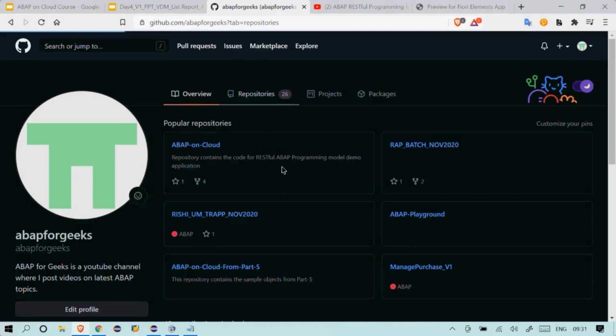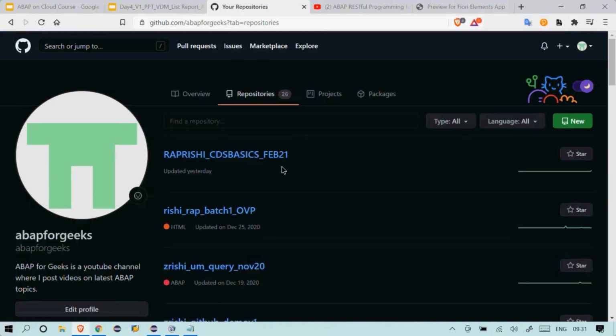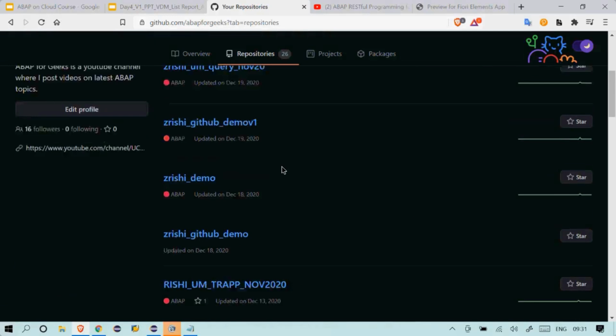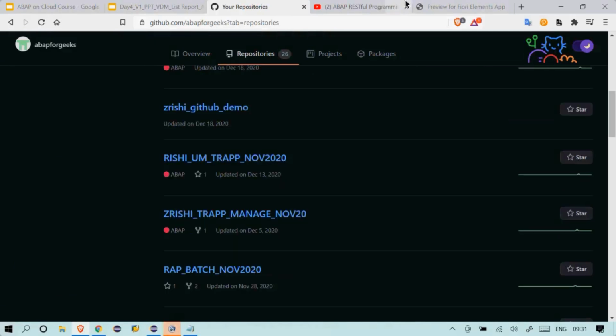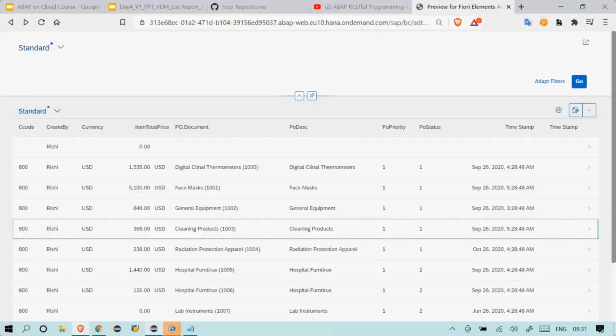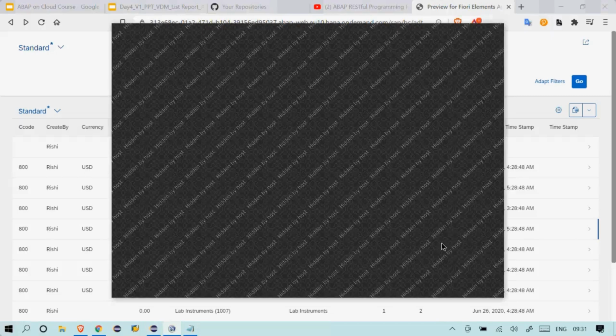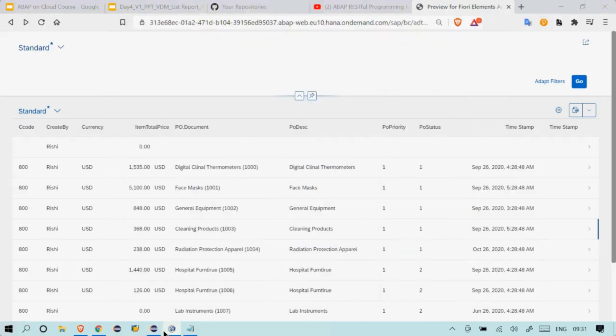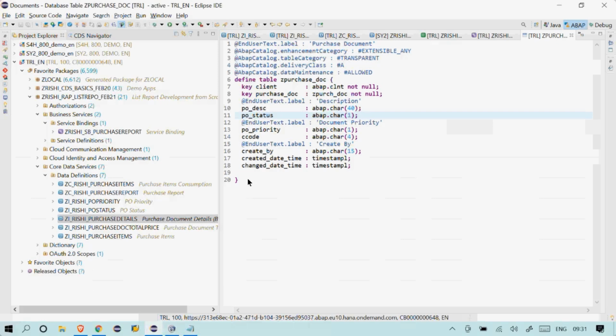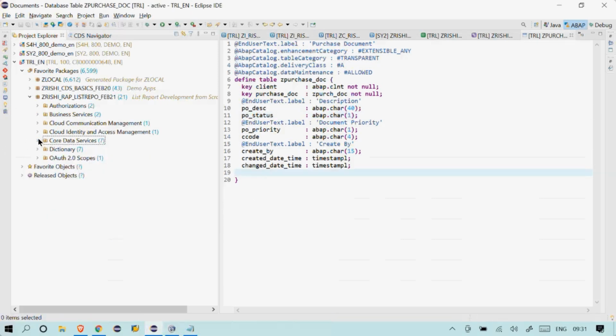I have created a repository for that. I have just simply forked it, and I've created the service on top of the code that they have given. So I haven't written any code. I just created a service based on the class that he has created in ABAP, in GitHub.